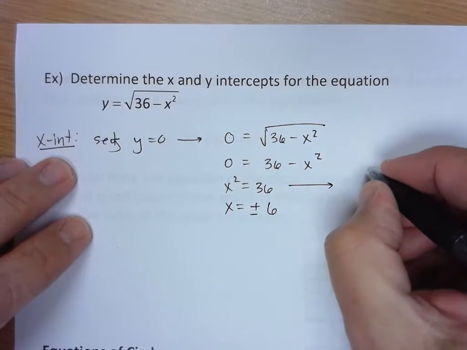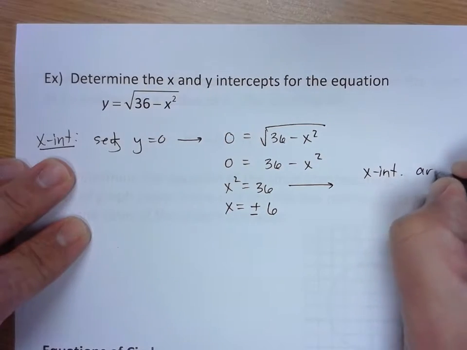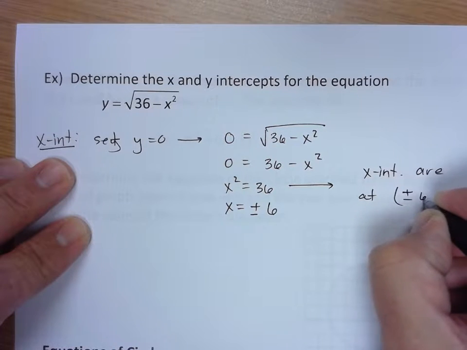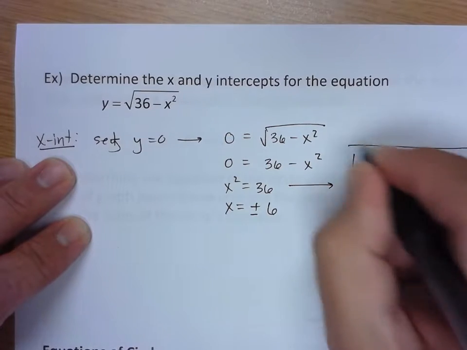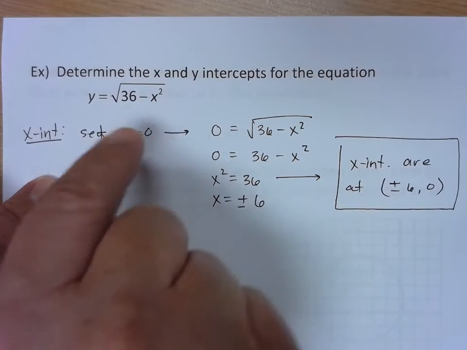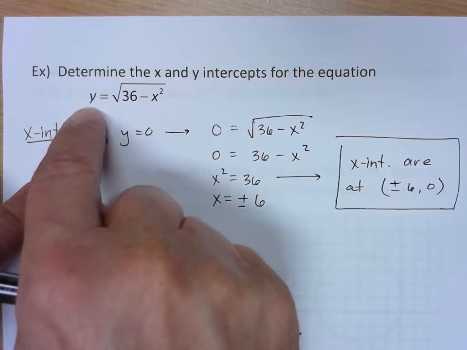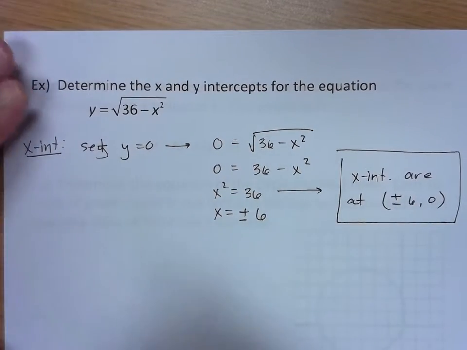So that means your x-intercepts are at positive and negative 6, 0. So whatever this graph looks like, it crosses the x-axis at positive and negative 6. Okay, if I plug in 6 and negative 6 for x, it gives me a 0 value of y, and that constitutes an x-intercept. Okay, y-intercept,